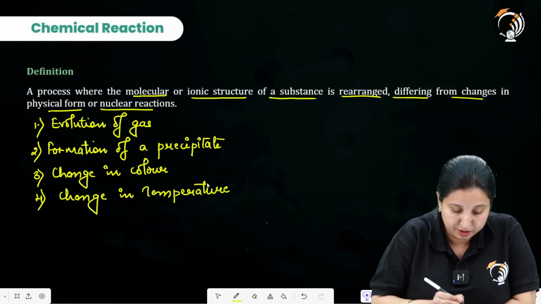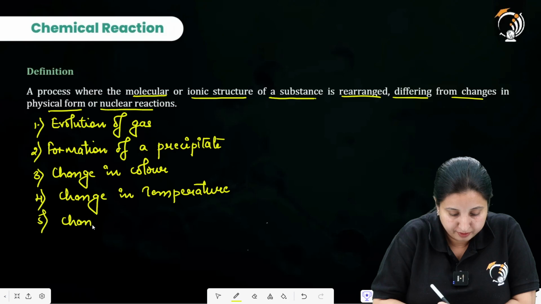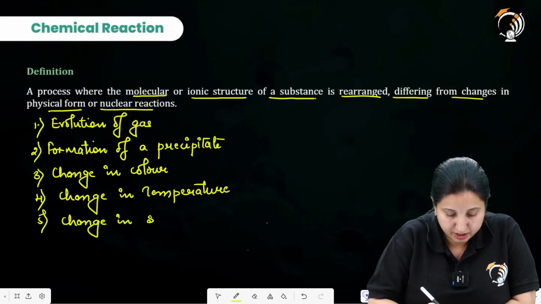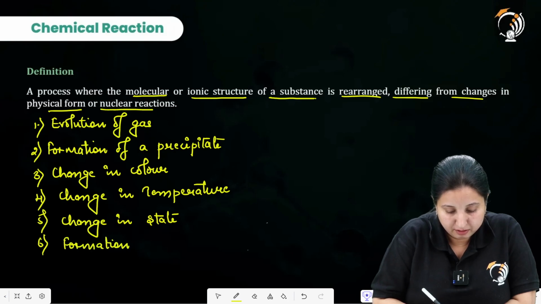Change in temperature. Then you can have change in state and formation of